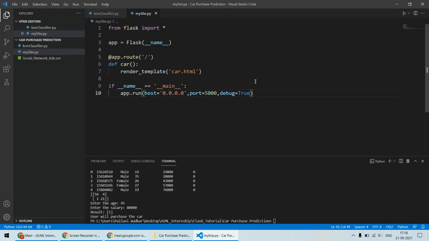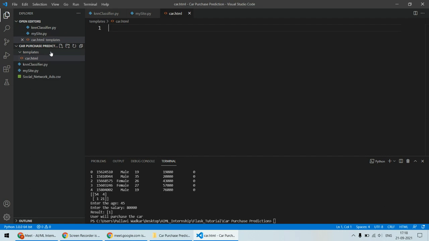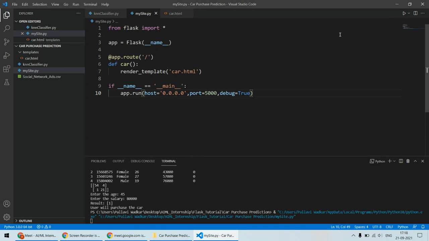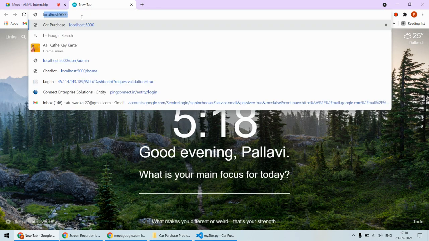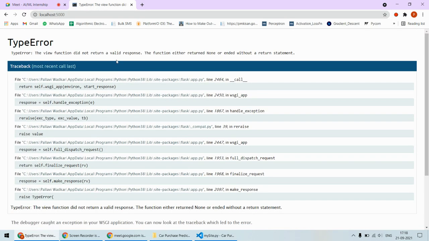Now in order to have this HTML template, we should create a folder in which this car.html will be stored. Let's create a folder first, and this folder will be templates. This is what we have seen yesterday, templates. And inside the templates we will create a new file, and this will be car.html. That's it. Let's check whether it is working, because right now the HTML file is completely empty. No worries with that. Now we'll put here localhost colon 5000, and it's showing that it did not return a valid response because